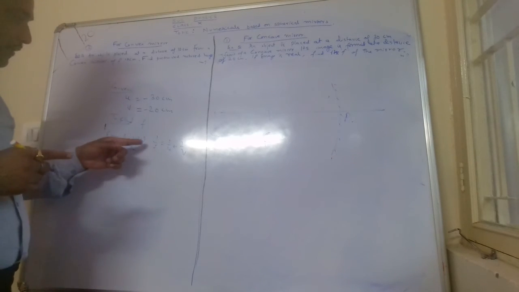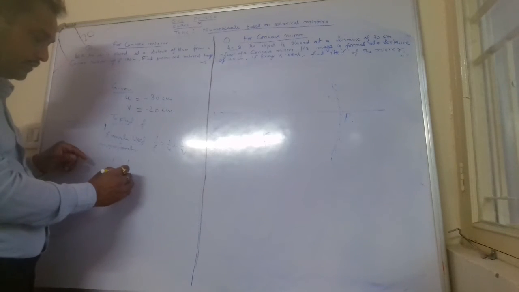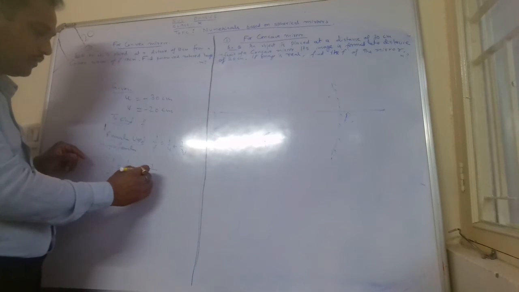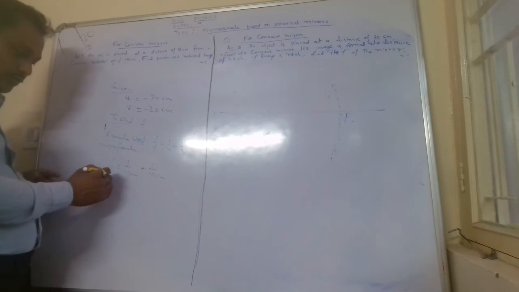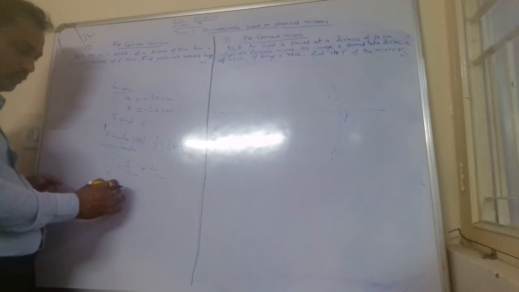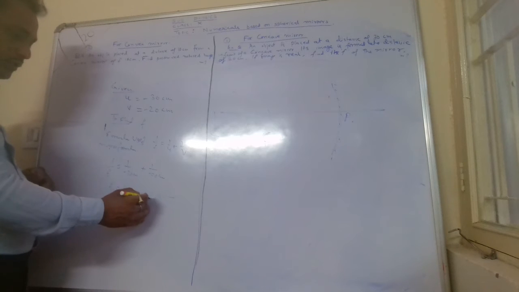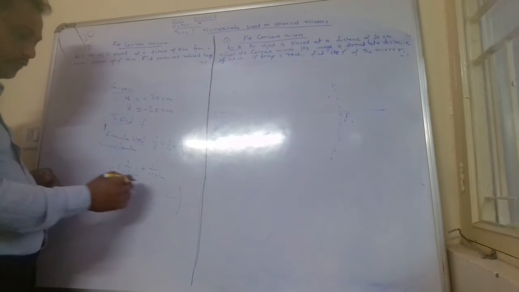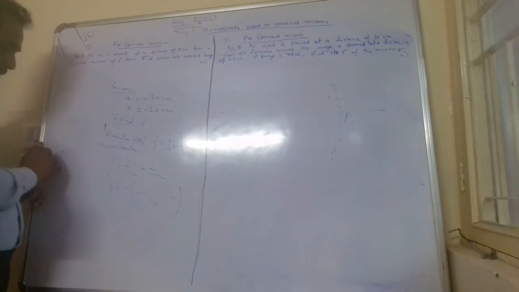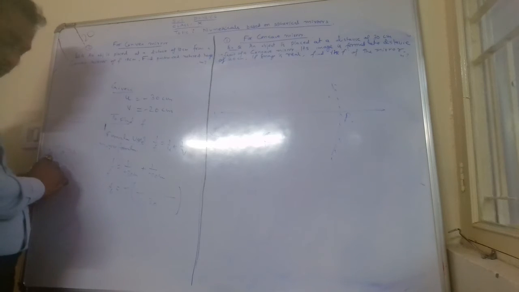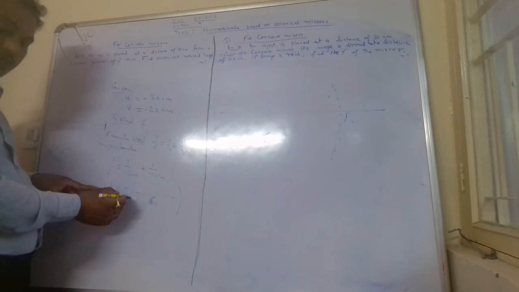So we will put the values here. 1 by f will be equal to 1 by u, which is minus 30 cm, plus 1 by v, which is minus 20 cm. And you solve it in mathematics as you do equations. So here 1 by f will be equal to, you take the LCM, and then you can easily solve it. Minus we take common, and for 30 and 20 you take the LCM. How much is it giving? 10, 3, 2, 6, 60. Okay. Now you put the values here and solve it.